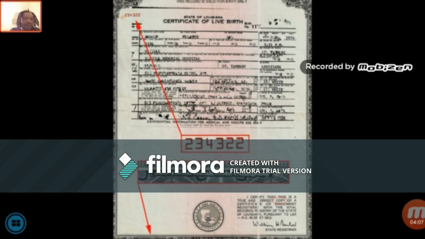This one is just particularly showing that the birth certificate itself, or certificate of live birth, is on banknote paper. This is a bond document. It's not the bond itself, it's a bond document, but there's a bond attached to it. And if anybody wants to challenge me on that one, I have all the evidence for that, and it's real easy to look up. It's in the USC codes. They talk specifically about what a bond document is,